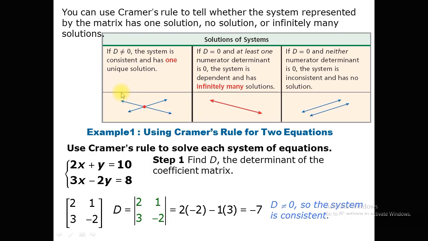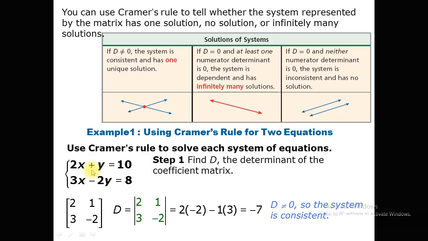So in Cramer's rule, dear students, note that D is the determinant of the coefficient matrix. If the determinant of the coefficient matrix does not equal 0, then the system is consistent and has one unique solution. And if D is equal to 0, meaning the determinant of the coefficient matrix is 0,